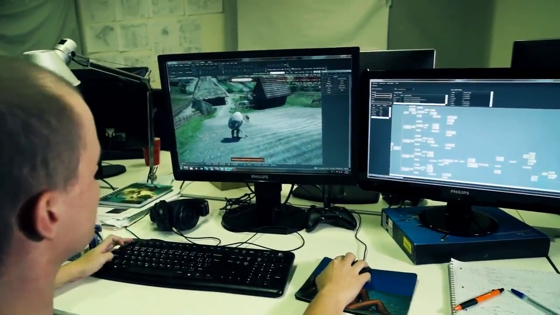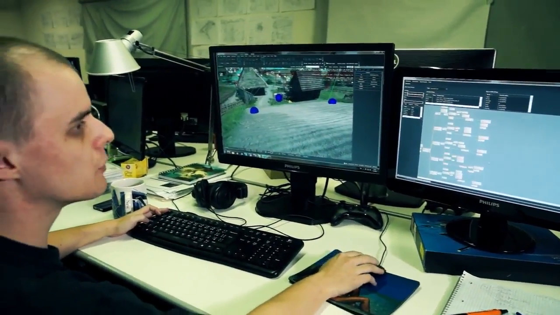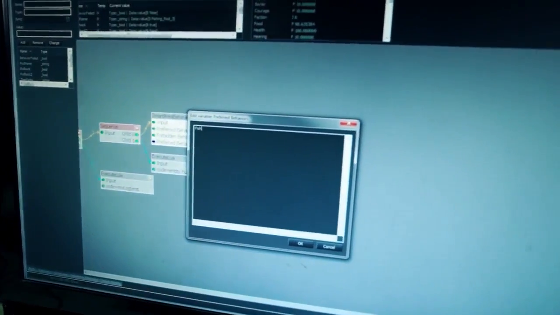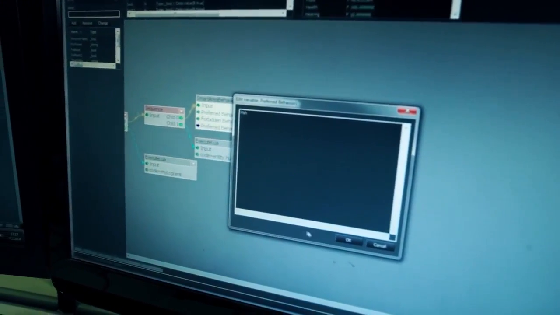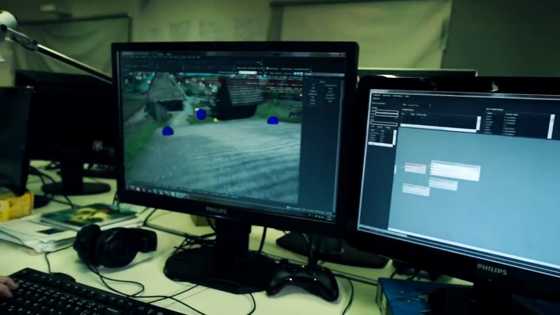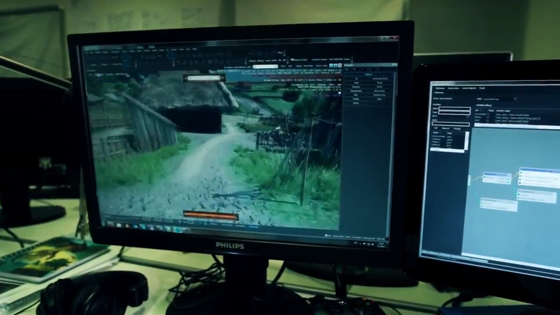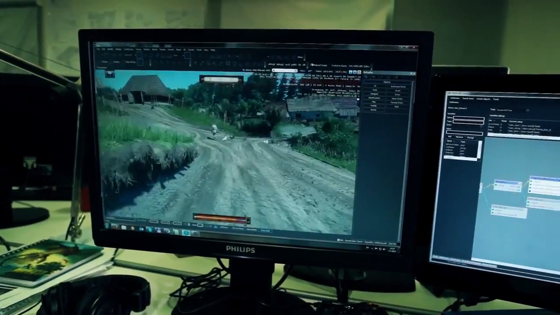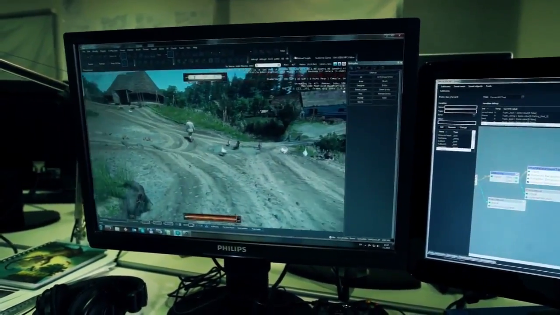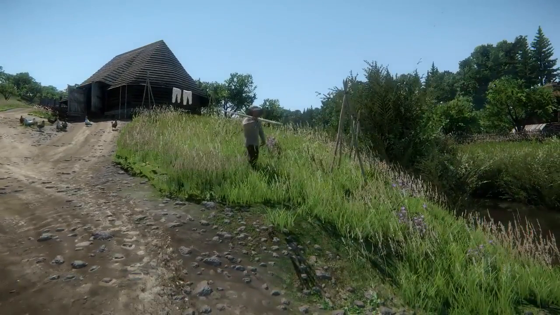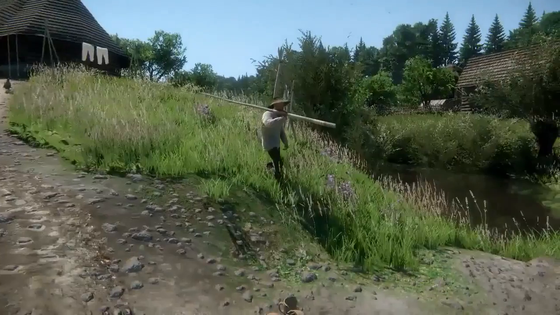So I stop the game and put a different behavior to his tree. This is his tree, what he should do at that hour. Press OK. I run the game again. And now I have to run a little bit over here because the farmer didn't go to hoe again, but he picks up a rod over here, fishing rod, and starts fishing. So that's the same character, only different behavior.